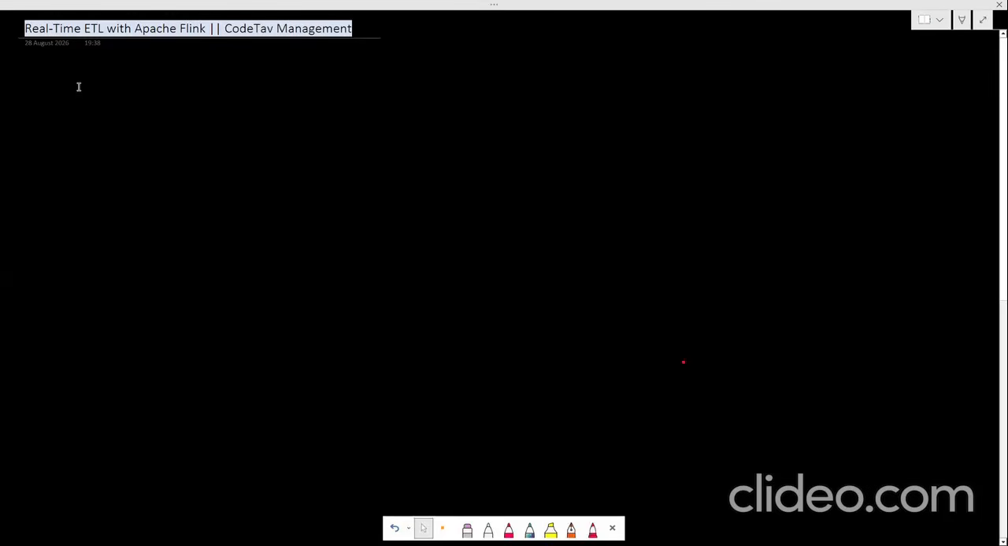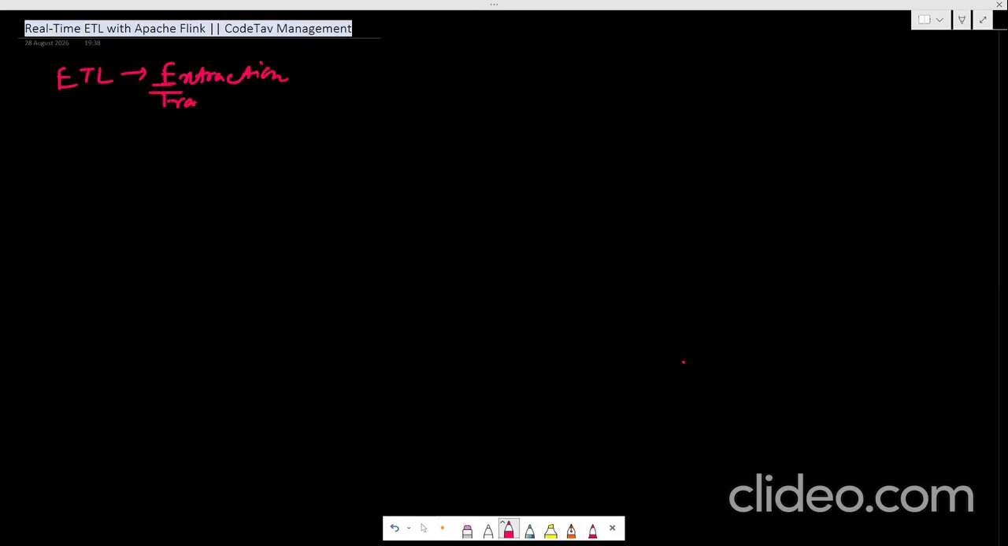If you know ETL, that is very fine, I will appreciate it. And if you are not sure what ETL is, then ETL is basically extraction, transformation, and load. So now we will know from where we will extract, how we will transform, and where we will load